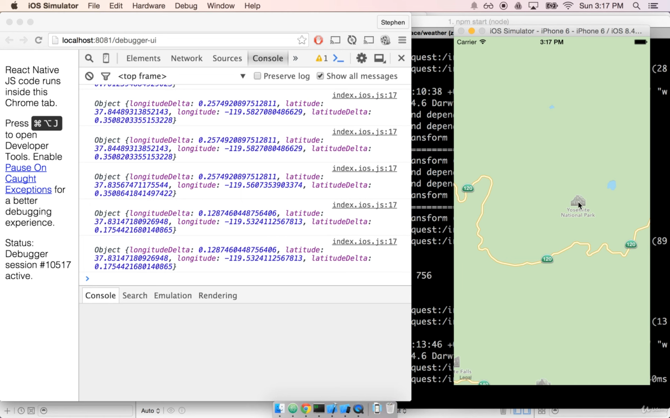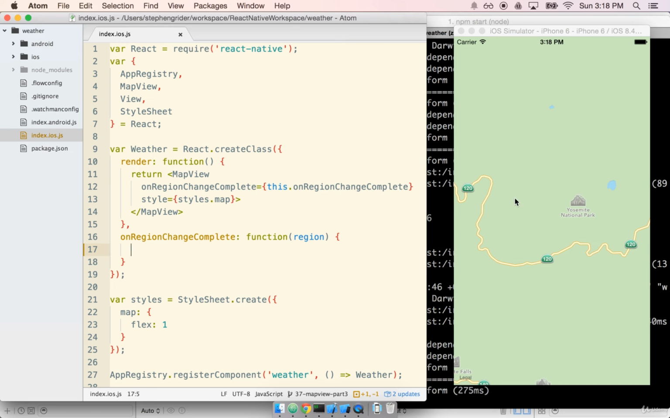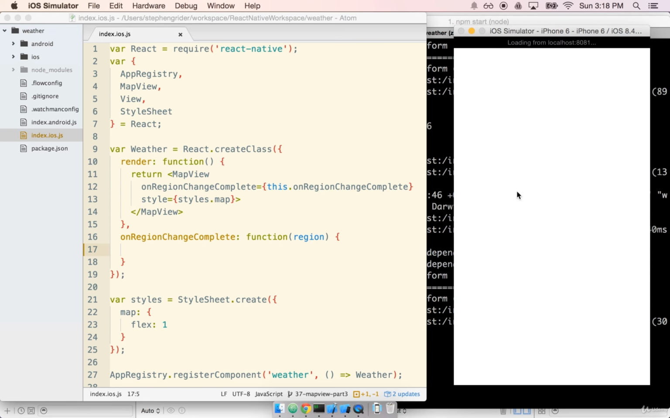So these deltas aren't quite useful for us in this particular application, but I'm sure you could think of other applications where you definitely want to have these numbers handy. All right, so let's flip back over to our code editor, and I'm going to remove this region console log in here. And we're going to add just a little extra feature on here just to help the user out. If I refresh the simulator,